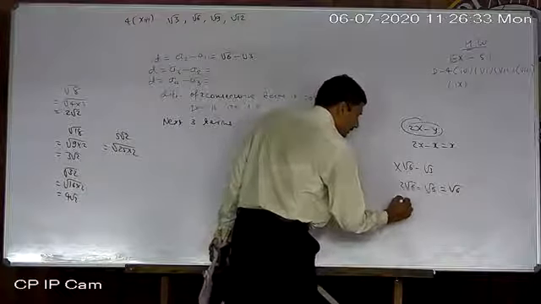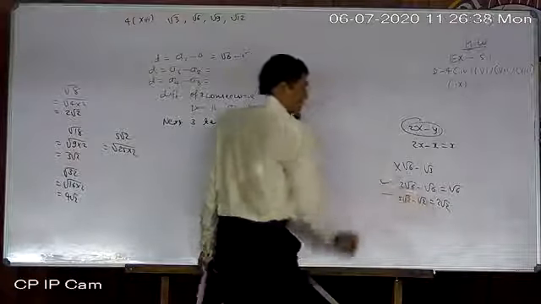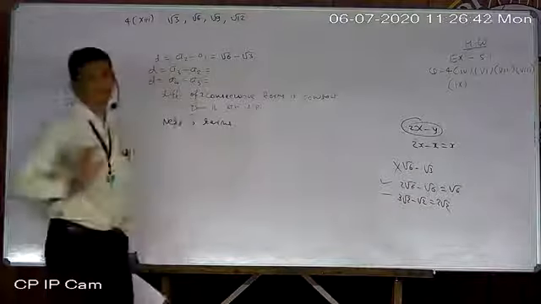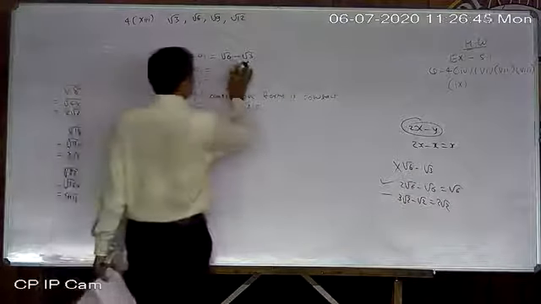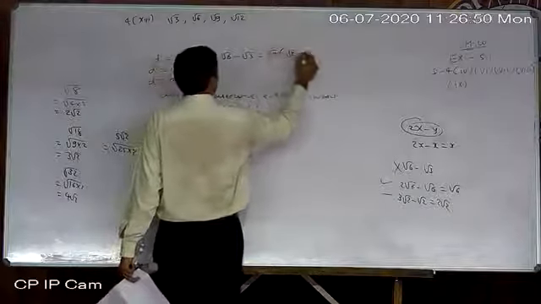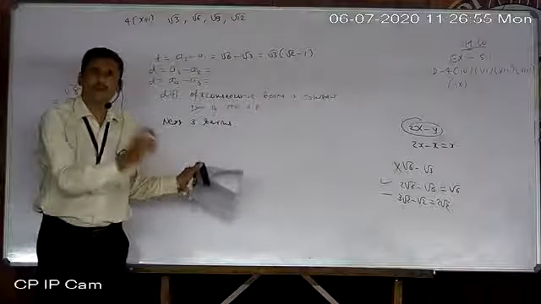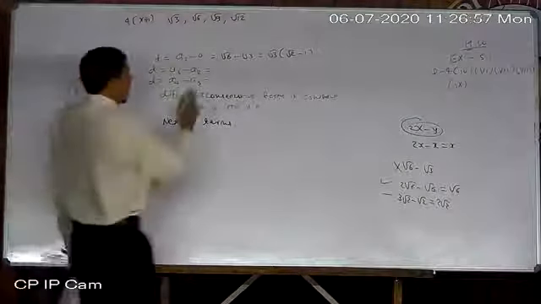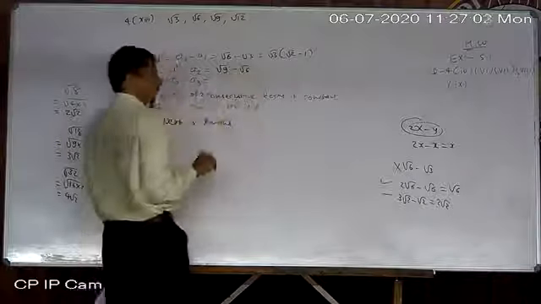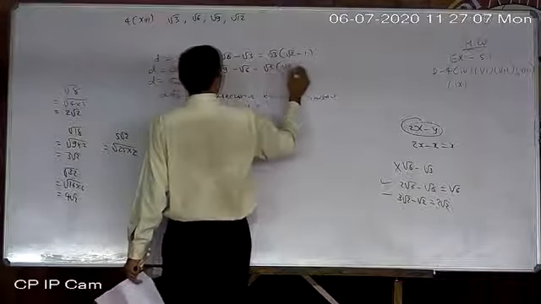Suppose 3 root 2 minus root 2, then it is 2 root 2. Why? Because they are like terms. But these are unlike terms, so you can write nothing. You can take common, but after taking common, I don't think any benefit is there. Root 2 minus 1. Whatever is possible, I try to go one step further. Now, root 9 minus root 6. Again, if you want to take root 3 common, then it is root 3 minus root 2.